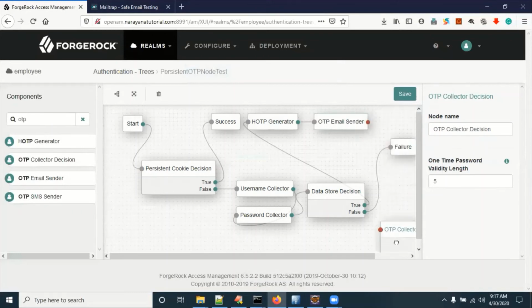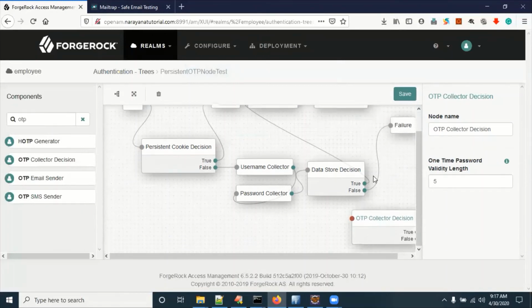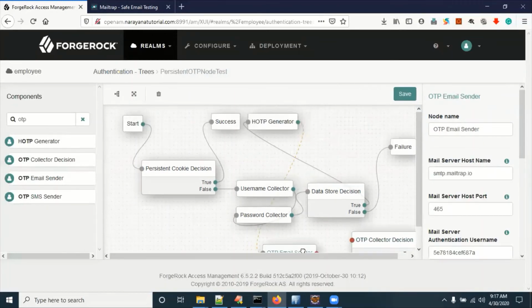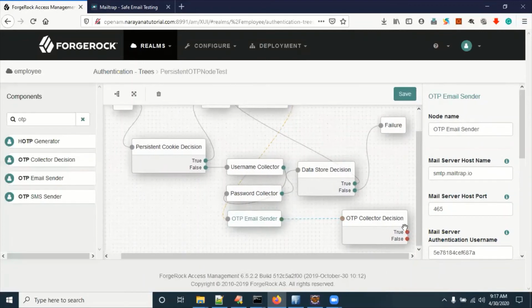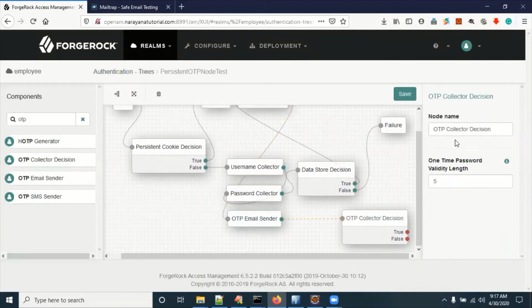Okay, so we can drag and drop it down here, from OTP email sender to OTP collector. So what it is doing is validating the OTP.